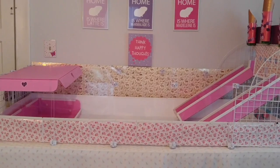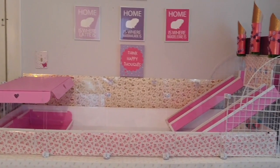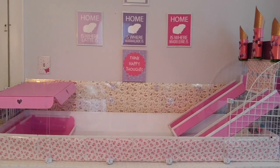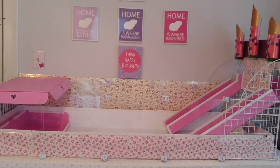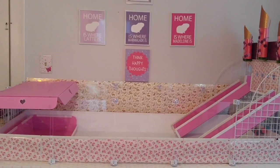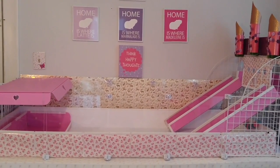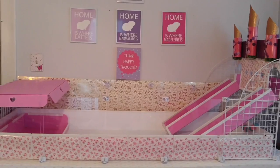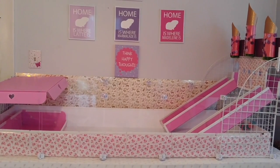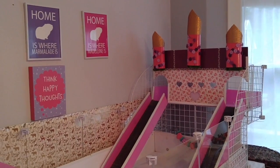It's really simple. Unfortunately, you can't get coroplast with super cute prints on them, and that, I feel, is a big drawback to people, is that coroplast comes only in solid colors, and you have to pay a little bit extra depending on where you go to get your coroplast for the color you want, and it gets kind of boring after a while. Like, people don't want to have their cage look exactly like everyone else's, but I think coroplast is actually a lot of fun to work with because you can glue things to it, you can tape things to it, you can laminate paper to it, you can design a castle template on top of your plain